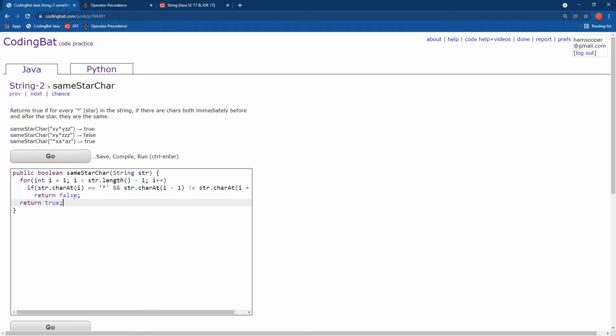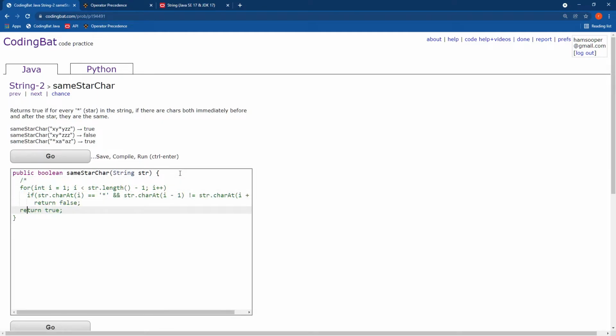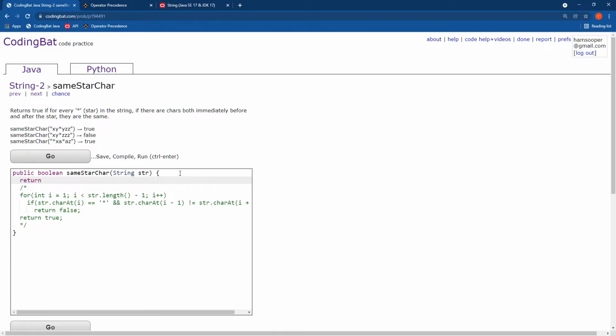Oh, and actually, because again, I can't help myself, I'll try to do a regex one here. Basically, what we want to say is if there are any occurrences where there's a character followed by a star followed by a different character than the first one, we want to return false. So I'm going to write a regex that matches an occurrence where you have a character followed by a star followed by a different character, and then I'm going to negate it. So anything before or after it, but if I see a character,